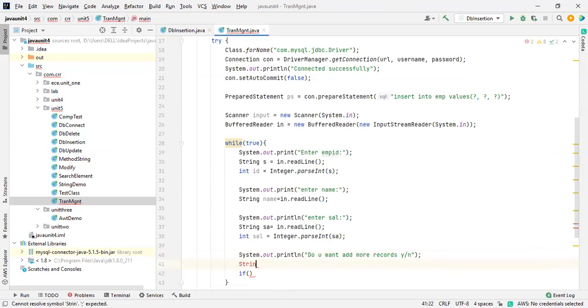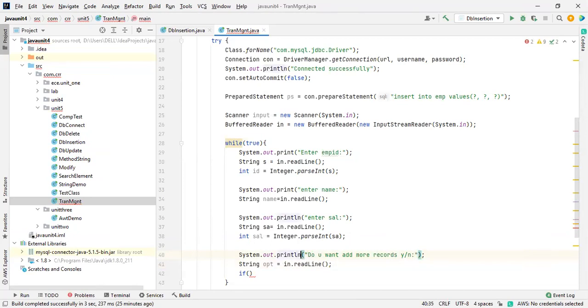Okay, String option. I will make it as an option. What is the option for that? We have to give the y or n over here. For that, I'm going to take in.readLine. Inside this, I will take a y or an n, so that I will take here a colon.